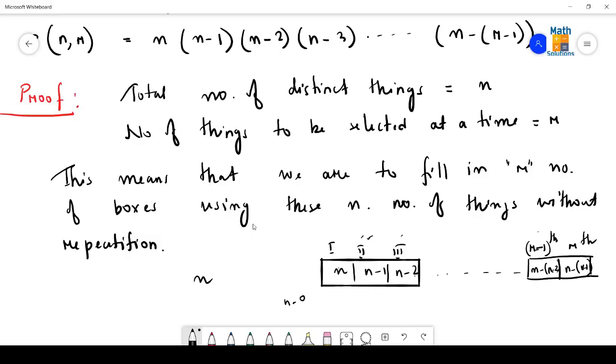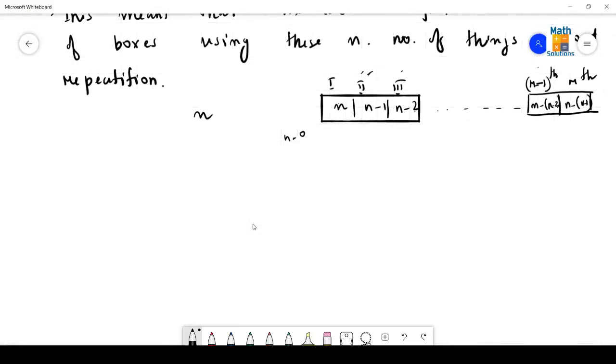Actually, I am going to use here the fundamental principle of counting, that also the fundamental principle of multiplication. Why multiplication? Because I have to consider first place and second place and third place, and there is a continuation up to rth place. Means there will be "and" in between the boxes. Therefore, by the fundamental principle of multiplication,